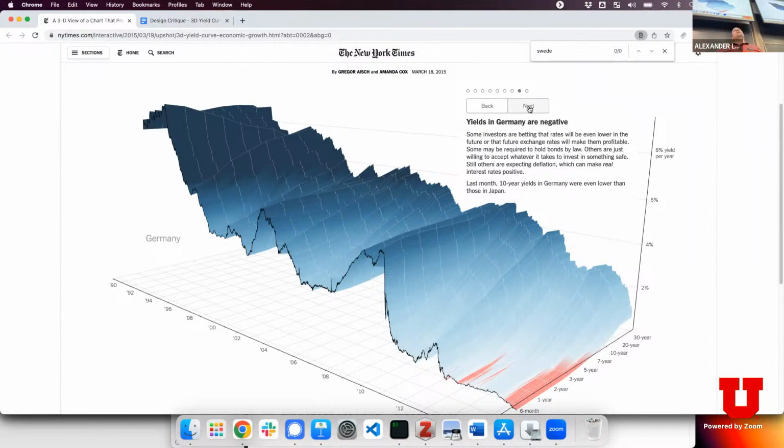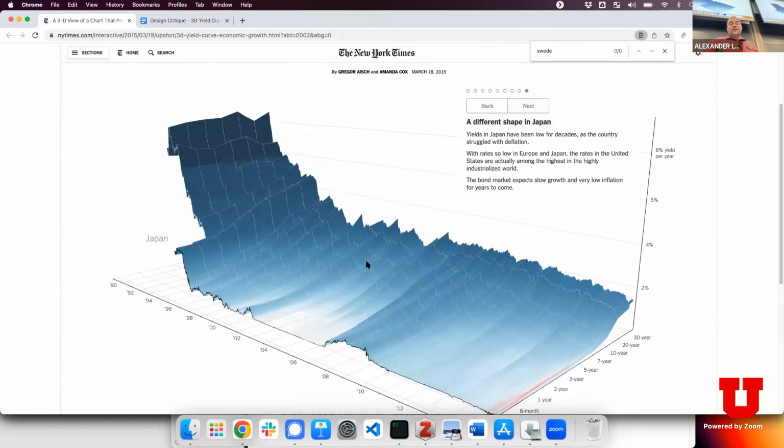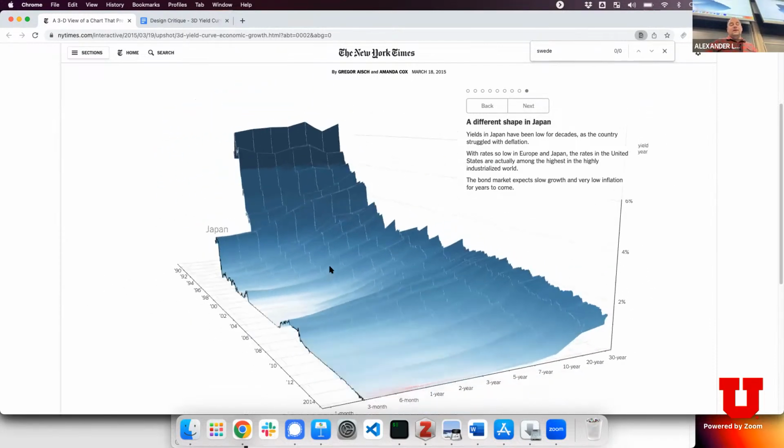We want to show things that are below zero in a different color than the ones above zero. Recall, for example, I showed you this plot of Florida that didn't actually consider the zero sea level, 0 meters or 0 feet elevation. And that just didn't look like anything, right? But if you plot that chart with a diverging color map at exactly the level of the ocean, then you can suddenly recognize Florida or the coast. It's the same here, right? It would be tricky, especially in the 3D chart, to see that this is actually negative, which is kind of a weird development, fiscally speaking. And then we finally have this comparison to Japan, right? And so,